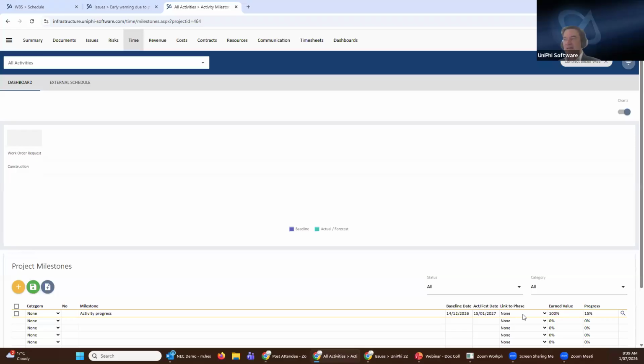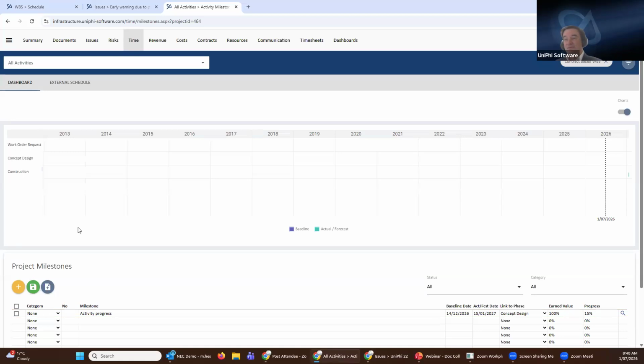Now, if I have linked that to a life cycle phase, that life cycle phase is going to push out. And if I've linked that life cycle phase to the contract or to the resource plan, then the resource plan is going to push out. So by changing one date in the issues system, the cascading knock-on effect is to time and cost instantly.